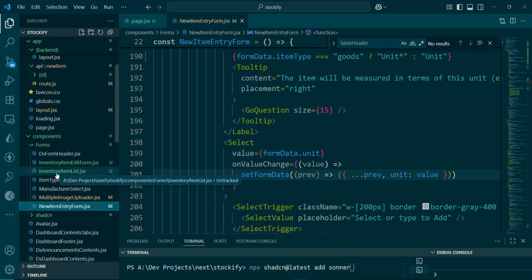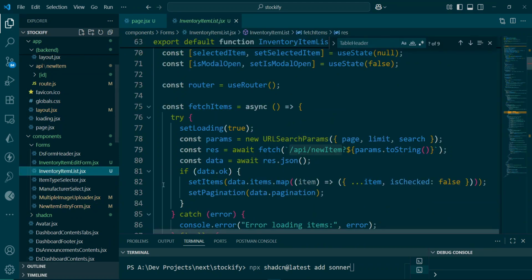Sorry, we were on the inventory item list. Okay, so we are making an API fetch call into this. So automatically, when we hit this endpoint, Next.js automatically detects that we are making a POST call. Okay, so again,